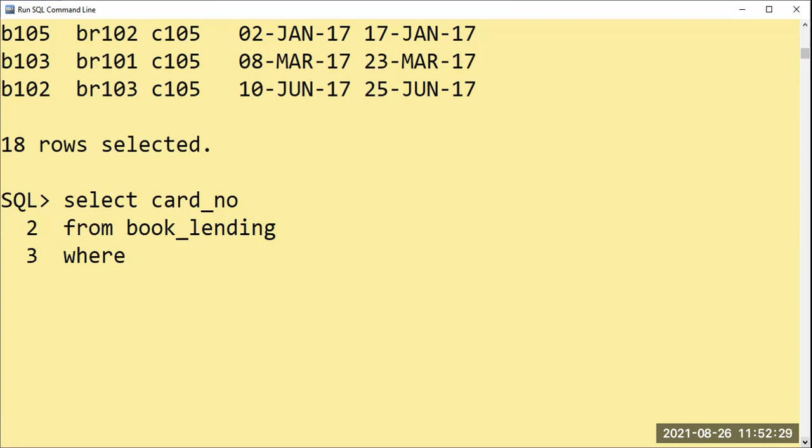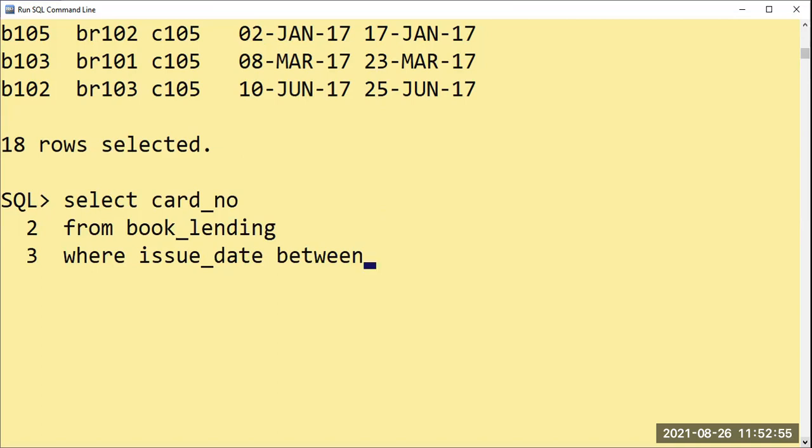So we have to write issue date. Why issue date? Because we are finding whether the issue dates fall between 1st January and June 30, 2017. Between is the keyword to use, like a range here from 10th January to 20th January.